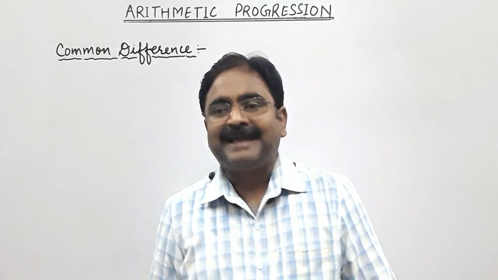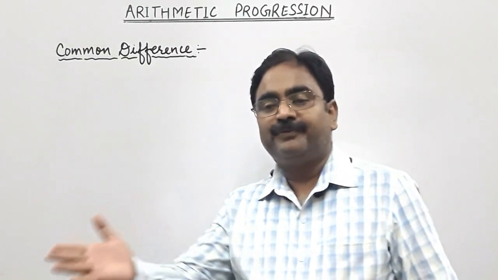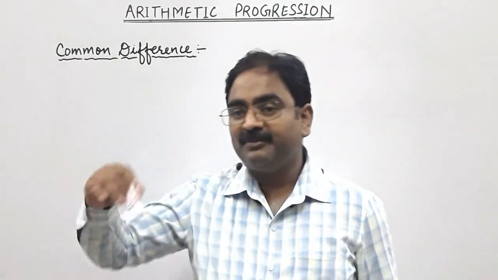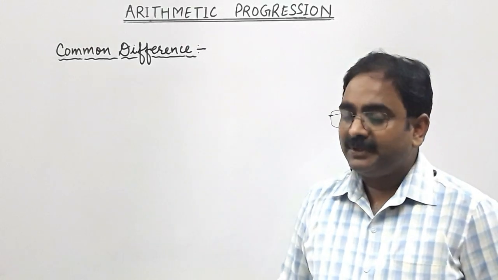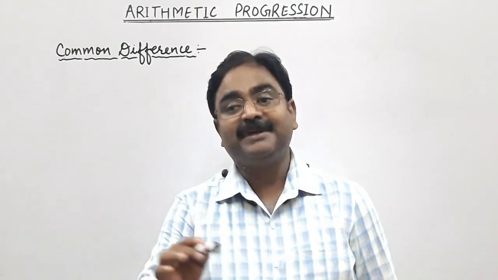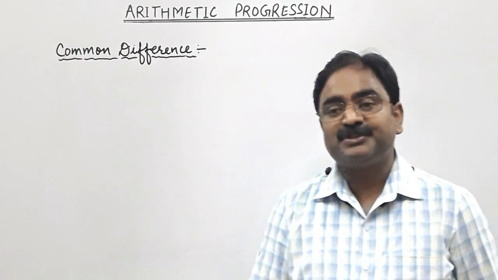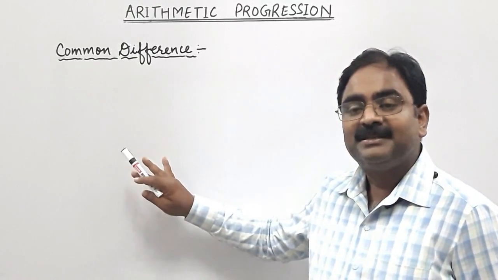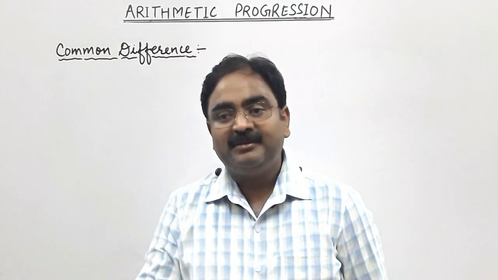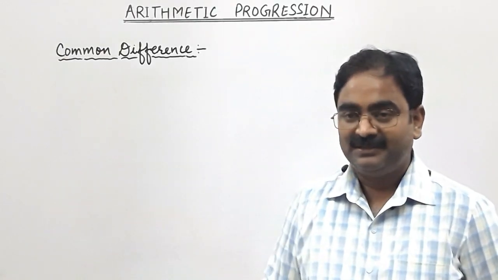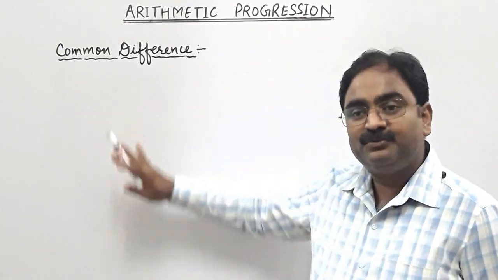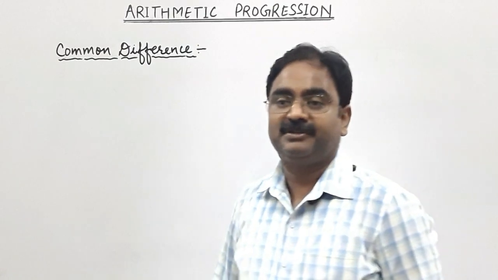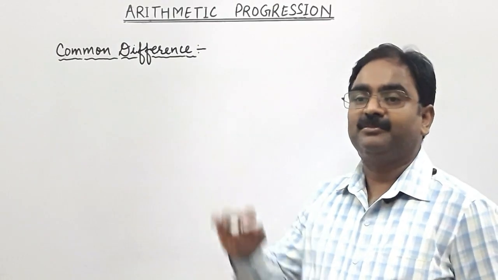Okay, dear friends, as we have learned how to find the common difference with the help of terms, like the common difference formula we have learned so far, d is equal to a2 minus a1, second term minus first term, this common difference is equal to third term minus second term, and what we just learned, this d is equal to an minus a(n minus 1). So right now we are going to see how to find the common difference with the help of its general term, its nth term of the series.